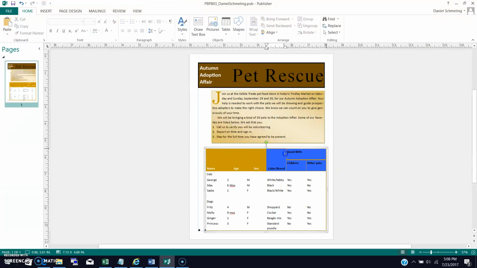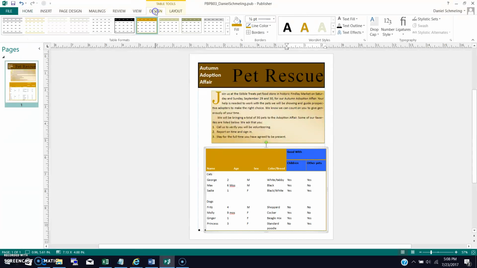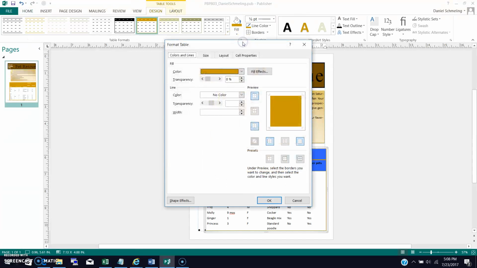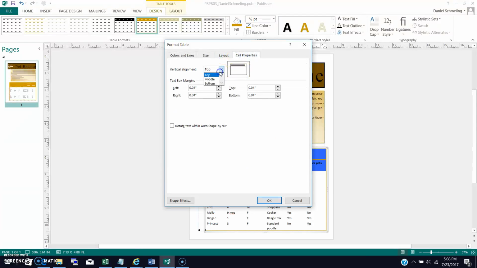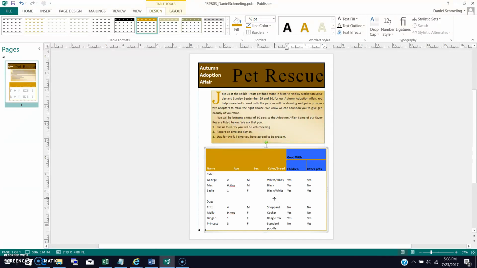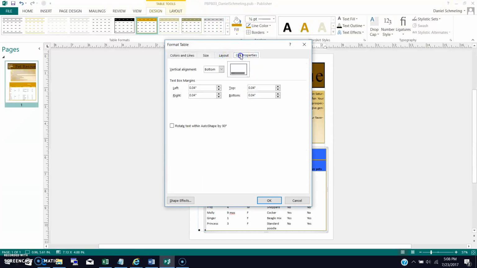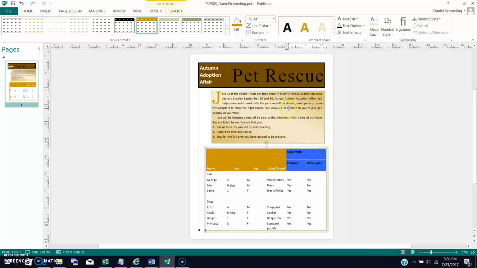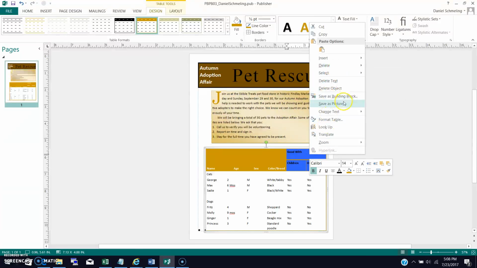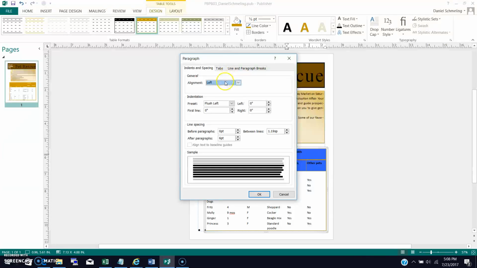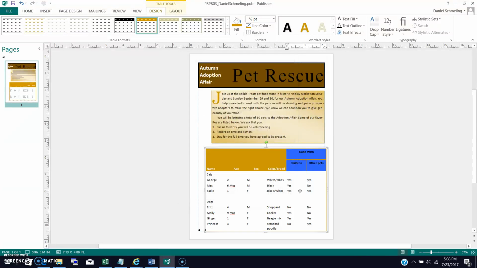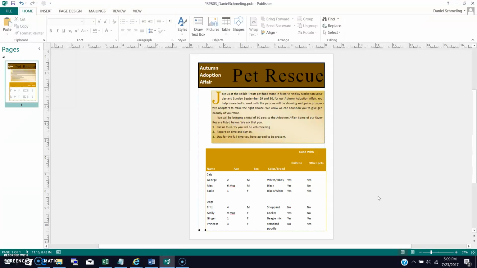So now we are going to highlight these. We're going to go back to our table tools design. Click on table format, go to cell properties. We are going to put it at the bottom. Okay, and we are going to put it, align top center. So I wasn't paying attention. We'll go ahead, and this is giving you a bonus, right? So go ahead and go to cell properties, go to top, click OK, and then click on these and go to change text, paragraph, center. Okay. So we've just done steps